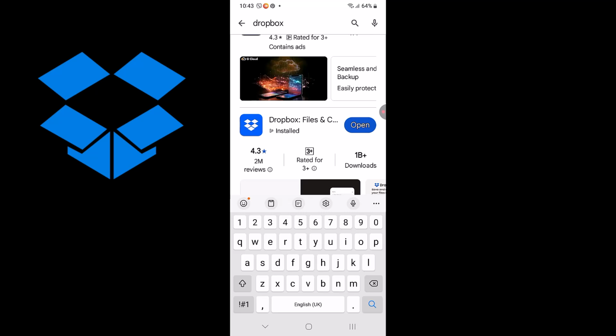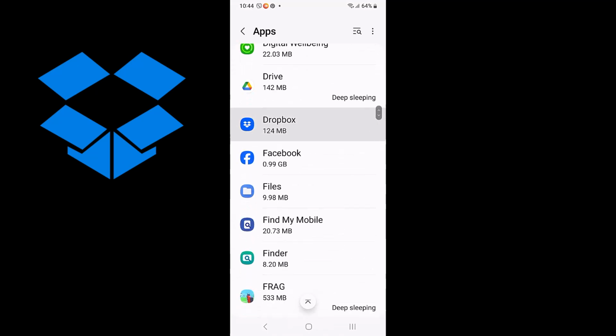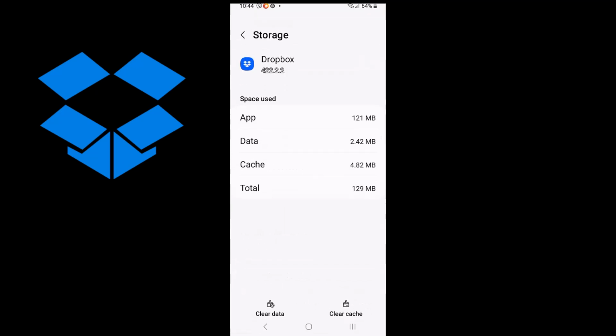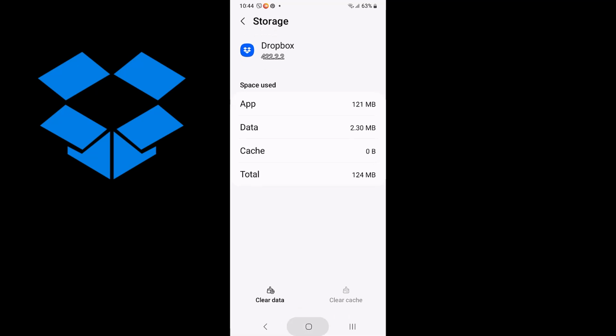If updating didn't help, it's time to clear the app's cache, especially on Android. Here's how. Go to settings and then search apps. Then find Dropbox, and then after you find it, click on it. After that, scroll a bit down and go to storage and then click on clear cache. This clears out old data that might be causing issues. If you're on iPhone, the closest solution is deleting and reinstalling the app, which we'll get on to in a